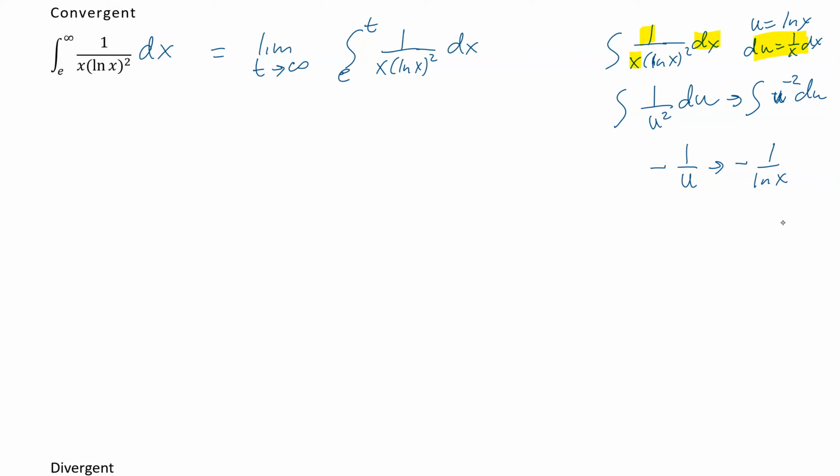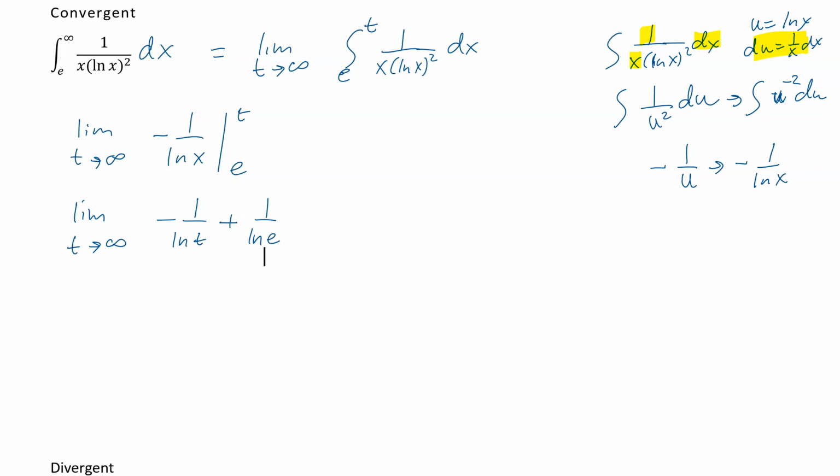So now we can come back and actually finish this. So this is the limit as t approaches infinity of negative 1 over ln of x, from e to t. So all we're doing is putting it back. So we've already taken the integral now, and now we're making it a definite integral. So we're not putting plus c on it. So we're putting our t and e in, and then now we just plug them in. That's an arrow, that's why it looks weird. There we go. Arrow, infinity, and it's just negative 1 over ln of t plus 1 over ln of